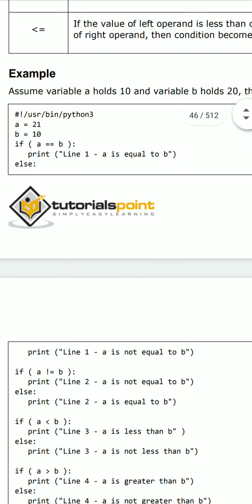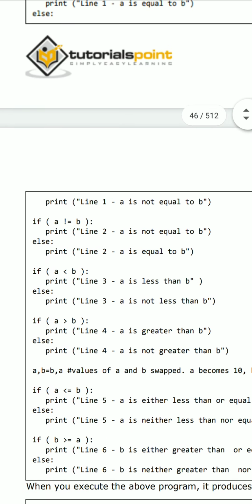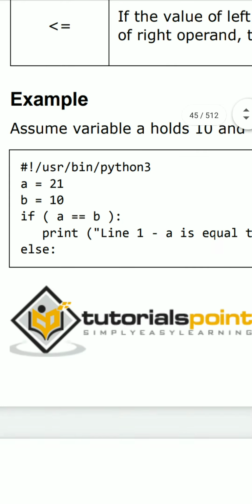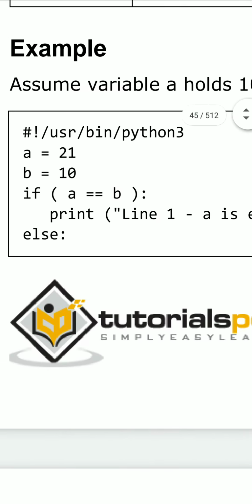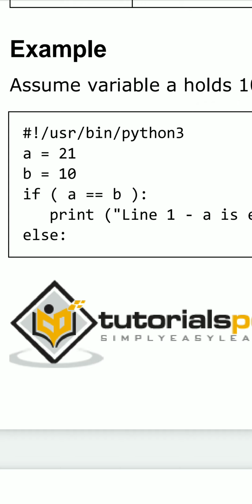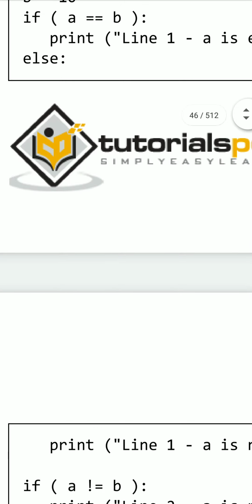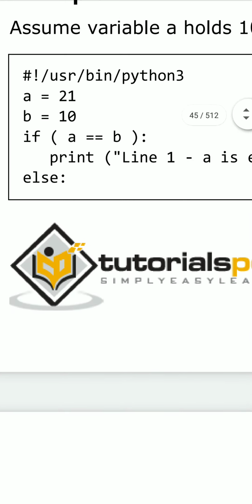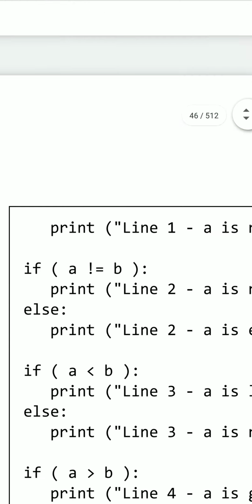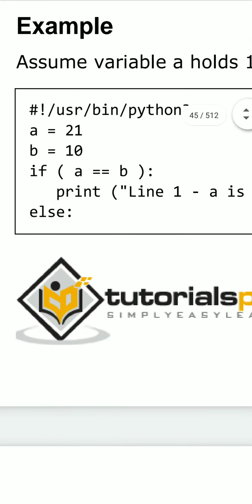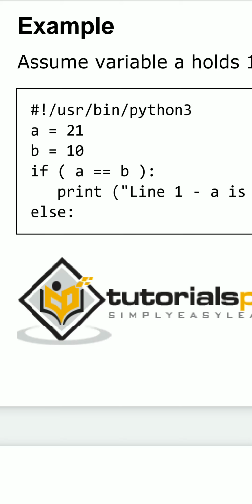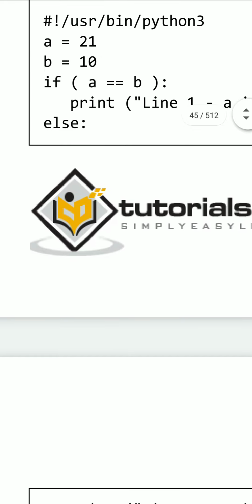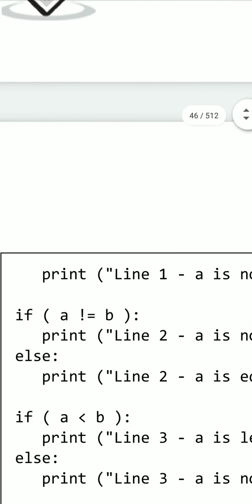Here consider this example. This is a small example on comparison operators. First we assign values in order to perform operations on them. Here in this example, I wrote a value as 21 and b value as 10, then perform the operations one by one. Here a == b is checked, and the result is printed on the output screen. And next, if a equal to b, then the print statement written under this condition is printed onto the output screen, else the other statement is printed onto the output screen.